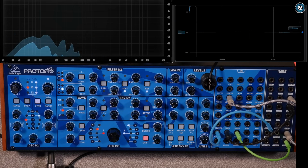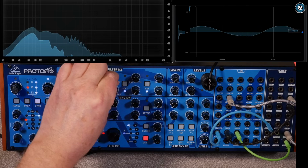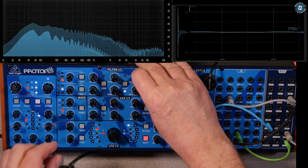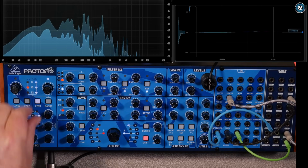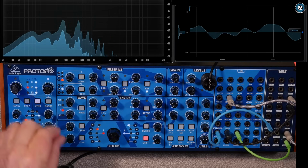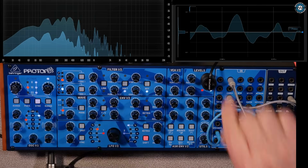Put a bit of delay on that, it's quite nice. Got a bit of, let's see, a little riff. Bit of envelope depth. Quite like that. And I've got some oscillator sync. I can bring that in maybe to oscillator 2. See what...